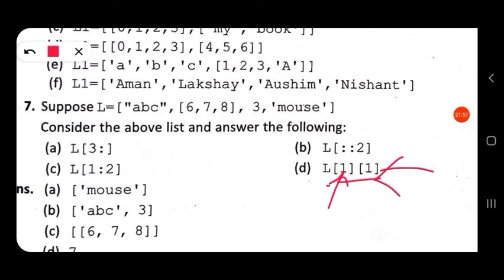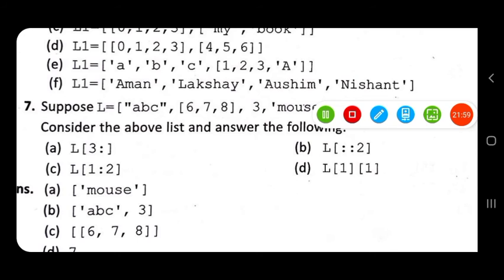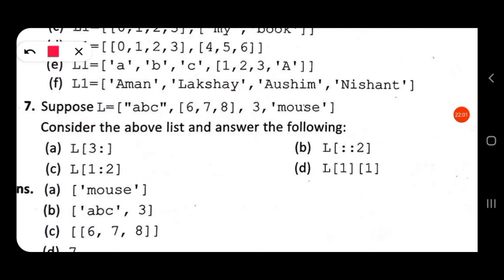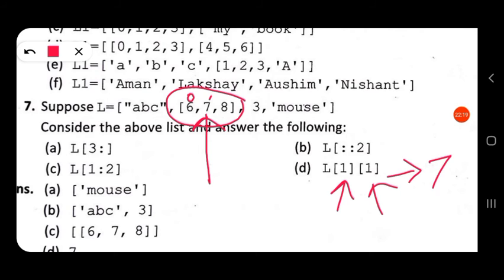So in list L, at index position 1, the element is this list. Then in the sublist at index position 1, so here 0, here 1, the element is 7. So the output for this will be 7. This will be given only for a nested list.